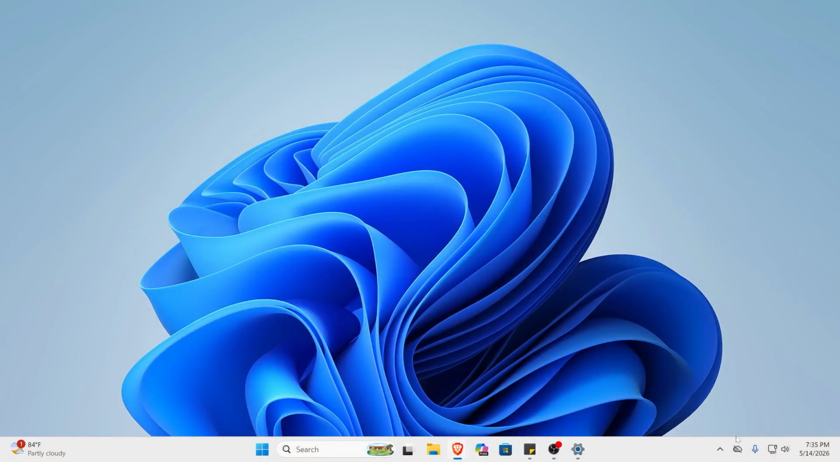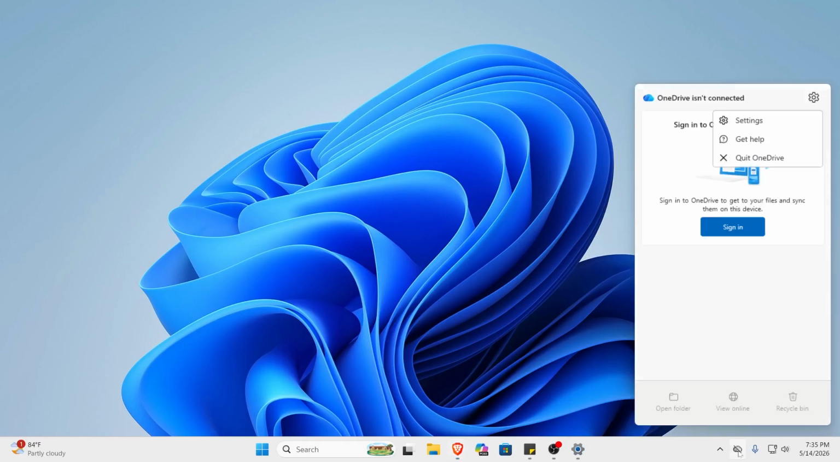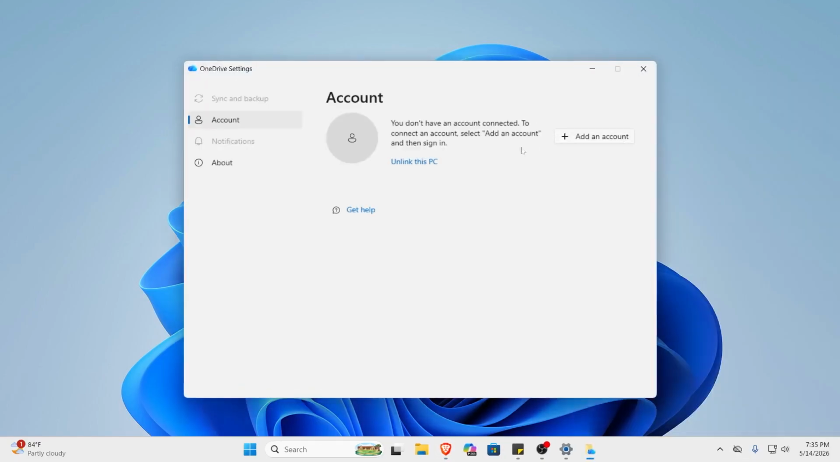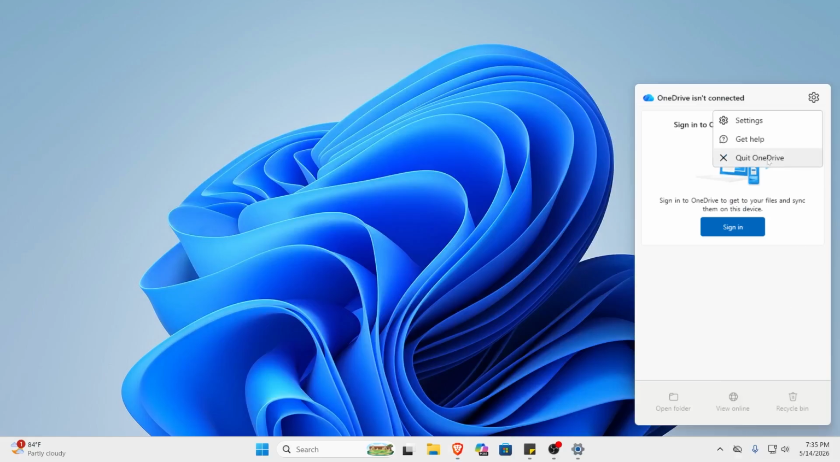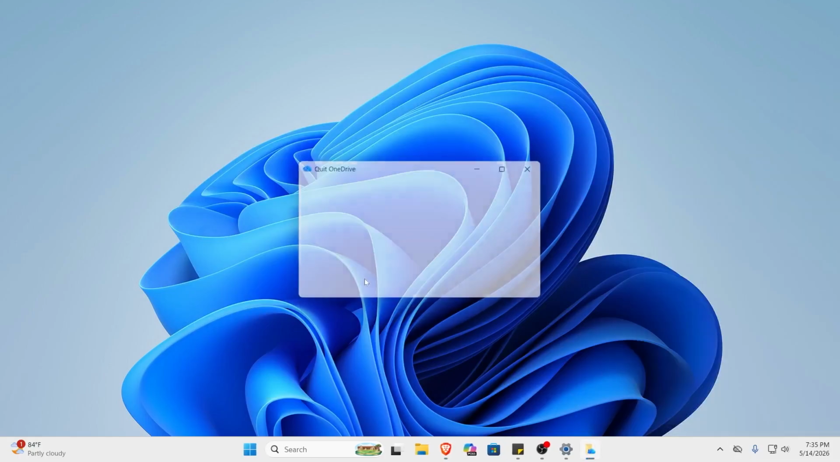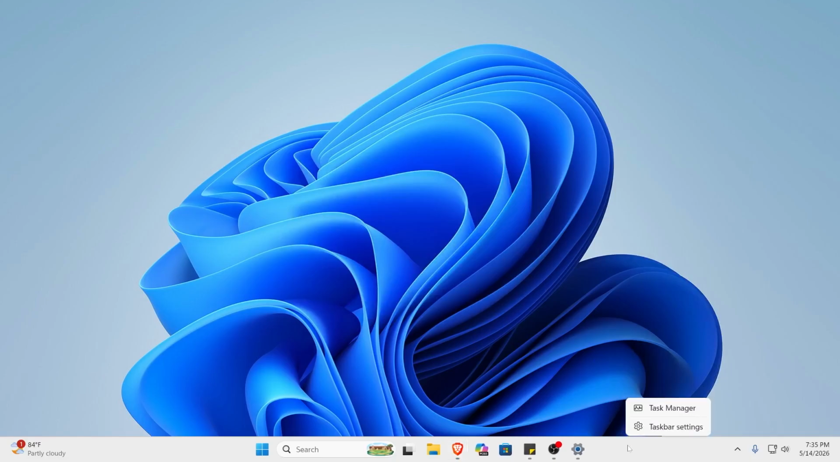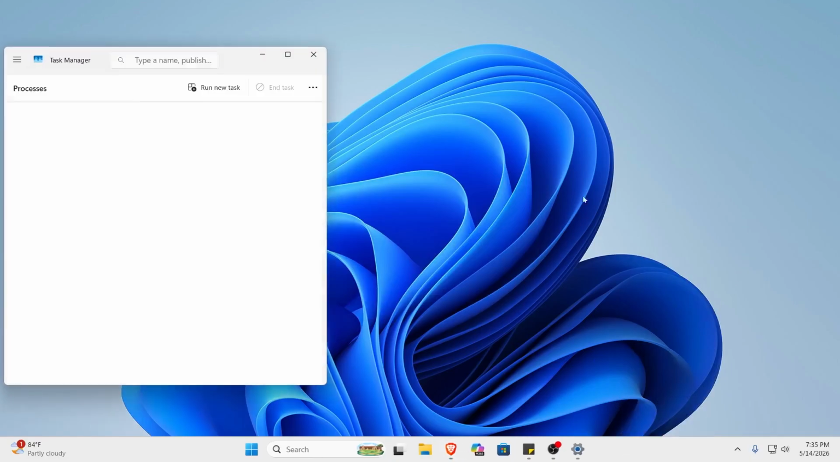And after that, what you can do is just go here again, right click on it and click on settings again. And as you can see, it says you don't have an account connected, which basically means our OneDrive has turned off. Then we can just close this and right click it from here and click on quit OneDrive after clicking on settings. Also click on quit OneDrive over here and then just right click here and go to task manager,